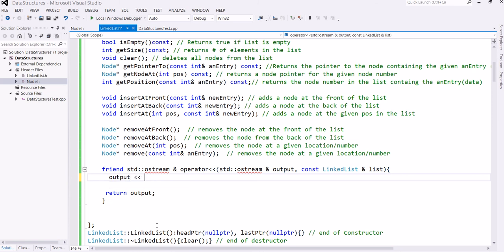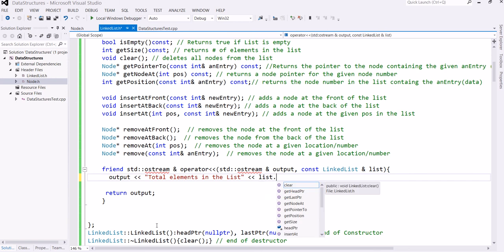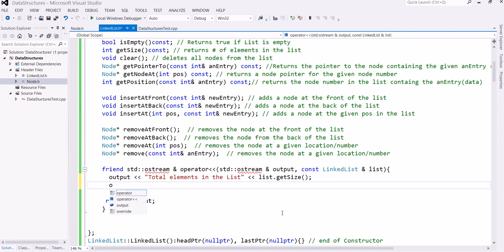and we will put here string total elements in the list, and then we may have get size function, list dot get size. So then we have another output,